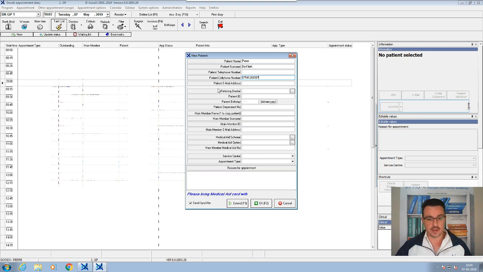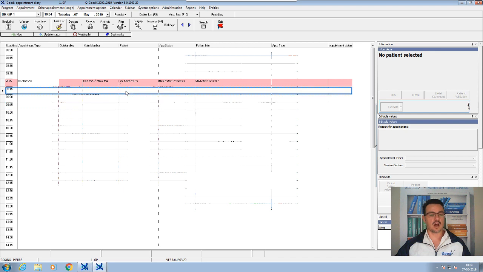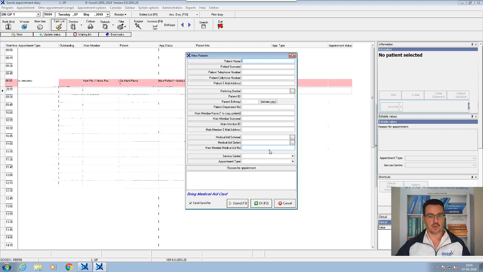Anything else can be acquired, but remember, the phone is ringing, you pick up the phone, and the patient's information is given to you over the phone. So it depends on what you need, you fill it in. You don't need to fill in all the fields, fill in the required fields. I need a name, I need a surname. The required fields in GoodX are the service center and the appointment type, and I will get to that now. So once I've done that, I can just click on OK and save the booking. By just clicking on OK, the booking is made, and at any time I can just right click on the next time slot, new patient again, and see, okay, this is Peter